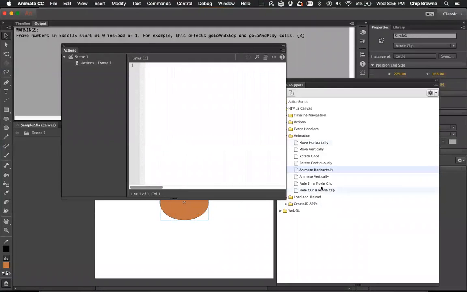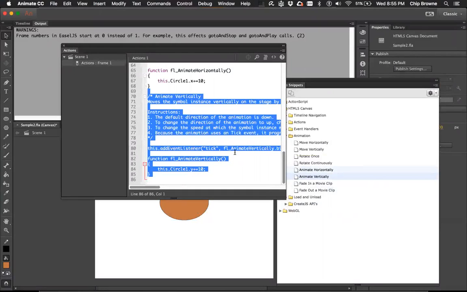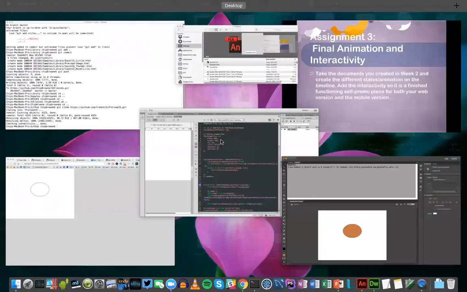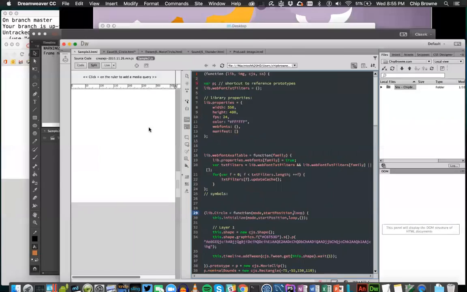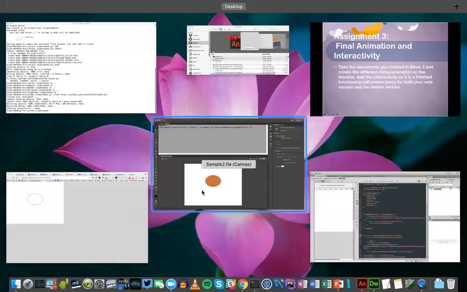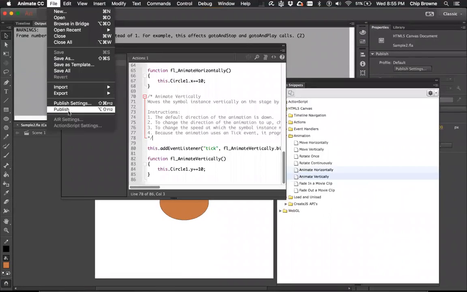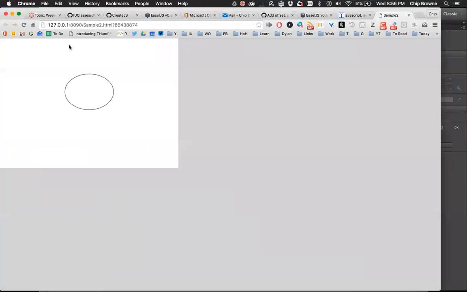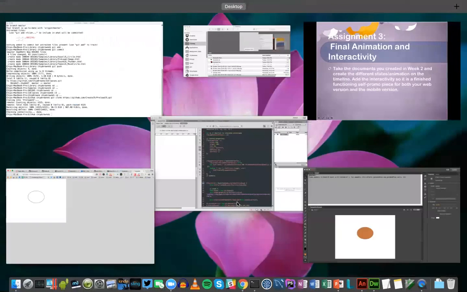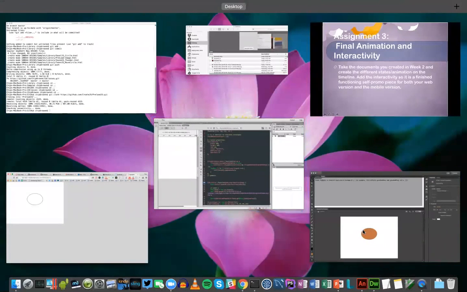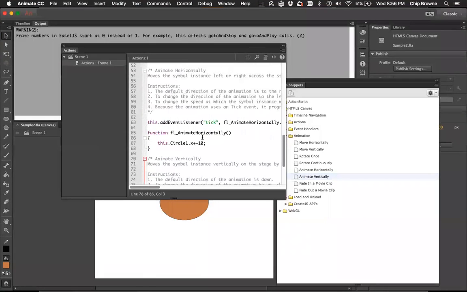Let's see here. Animate vertically. So after it rolls off the stage, it'll roll diagonally down now. File, publish. Come over to the browser, press refresh. There it went diagonally down because it was going diagonally to the right and diagonally down at the same time at the same rate, so that's why it went diagonally. This time I'm going to make it go a little slower. Rather than 10